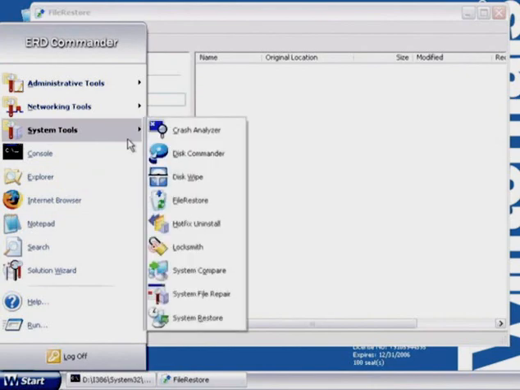And undeleting files, by the way, is something you should probably be performing in an offline environment. When you've deleted a file, and it's a critical file you want to get the contents back for, shut down the machine as quickly as possible. Get into ERD Commander and use File Restore, because what you don't want to do is let applications continue to change the disk and possibly overwrite the sectors that contain the data that file used to occupy.